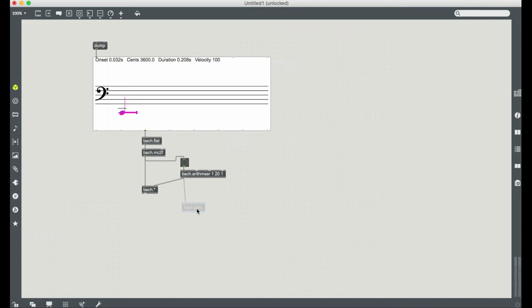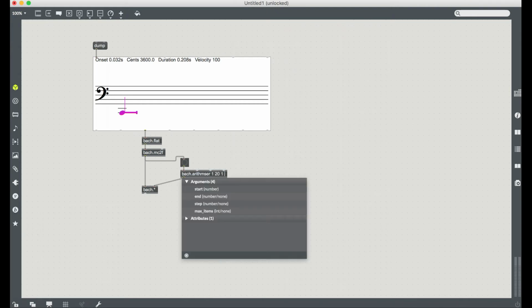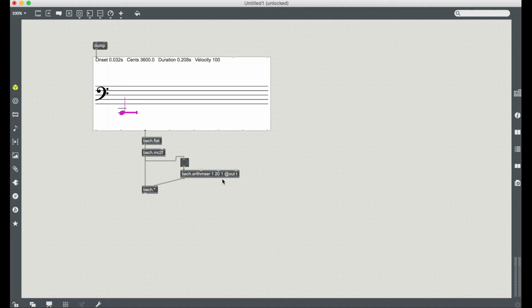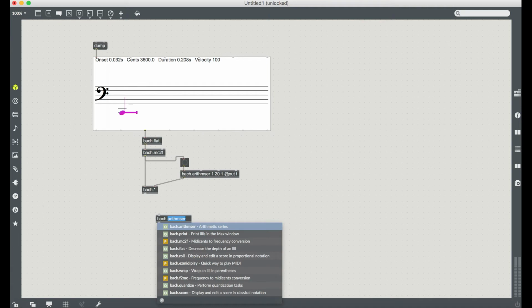But another thing you could do is give it an attribute of @out t. And now I can just use it as a regular Max object and see the content. Okay, so moving down the line, once we've calculated our frequency values, we're going to want to convert them back to MIDI cent information. So we'll use the opposite object of bach.mc2f, which is